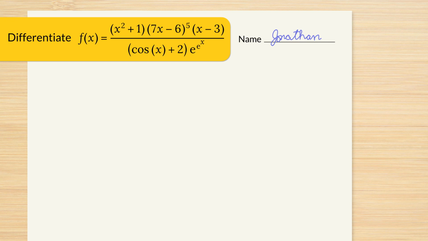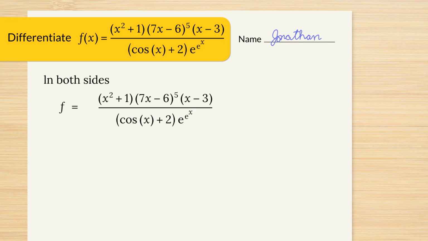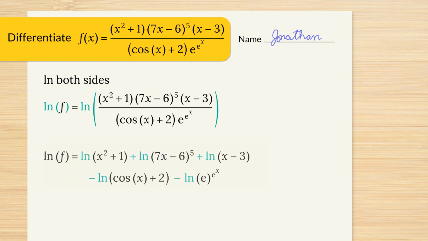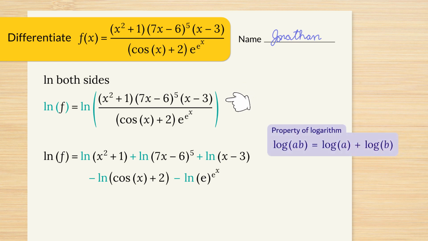Differentiate f of x, which is this huge product quotient. Simplify this monstrosity by taking the natural log of both sides of this equation. By the properties of logarithms, these factors that are initially multiplied or divided together, we can turn into adding and subtracting terms. Terms that are in the numerator get a plus sign, plus ln of x squared plus